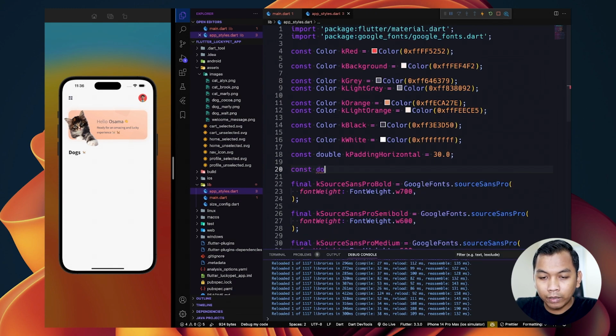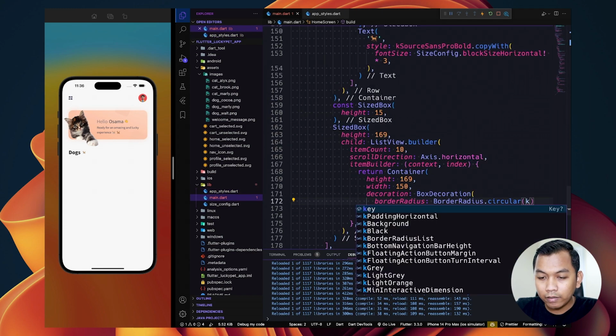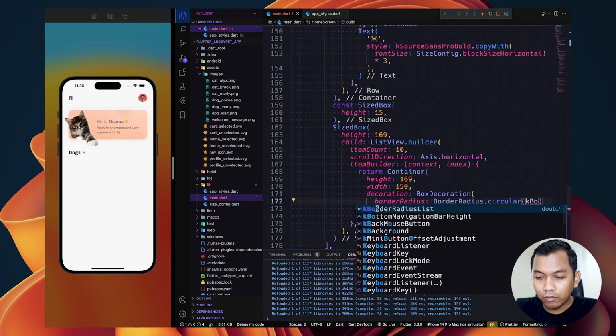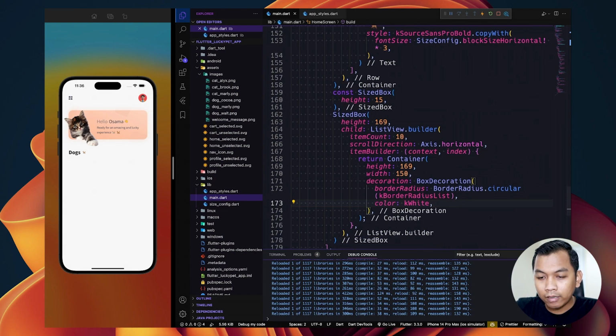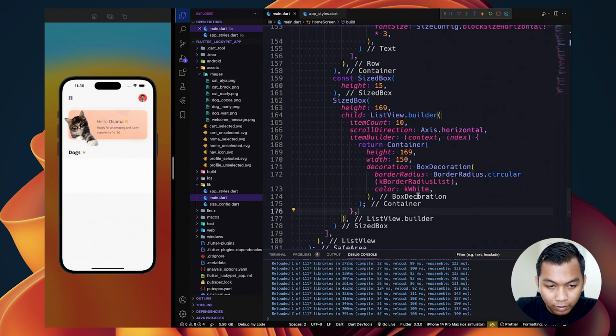Let's name it kBorderRadius, and it will be 11, and we call our variable here, and we will have color using white color, and when we restart we will see our list.